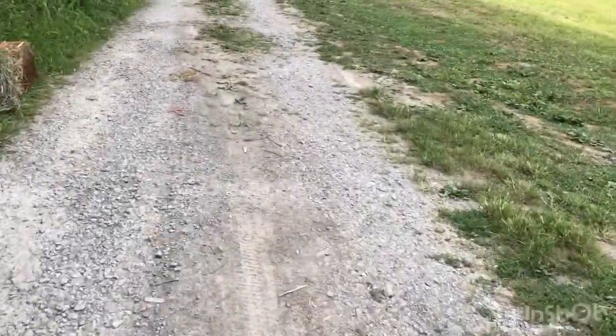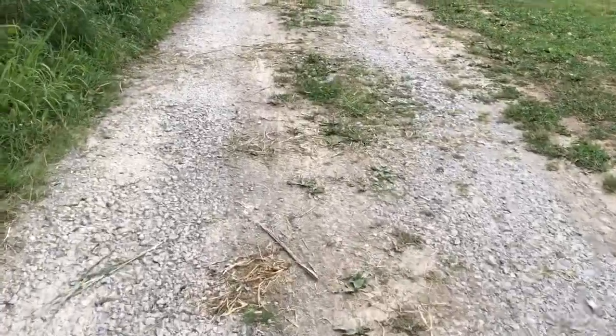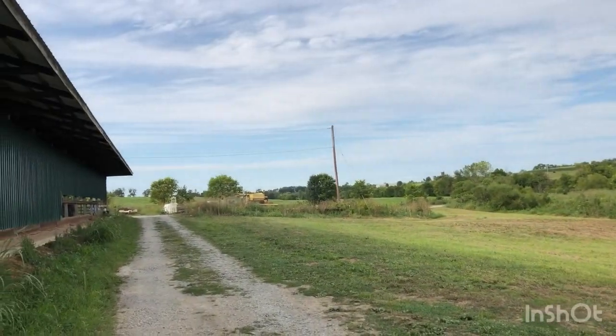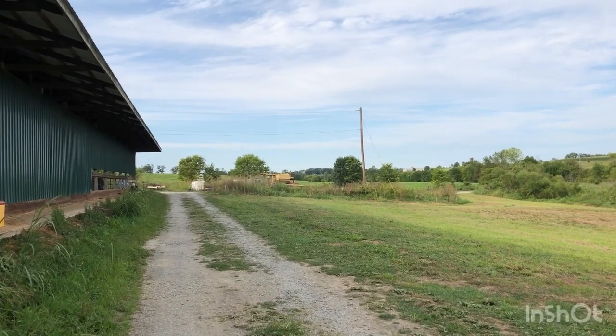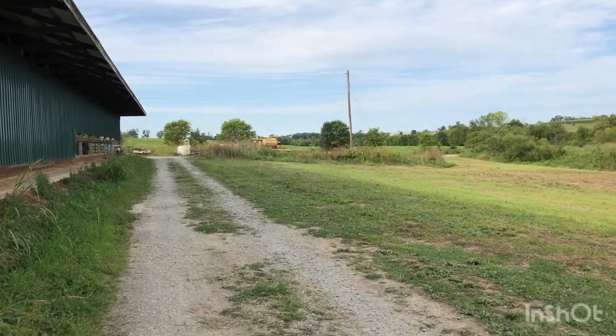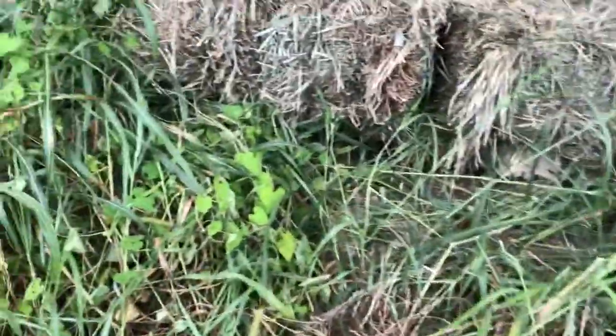Okay, you guys can take a walk with me. We're gonna check out the square bales that we baled yesterday. Sean still has all that over there beside the combine, the TR70. He still has over there to bale, but